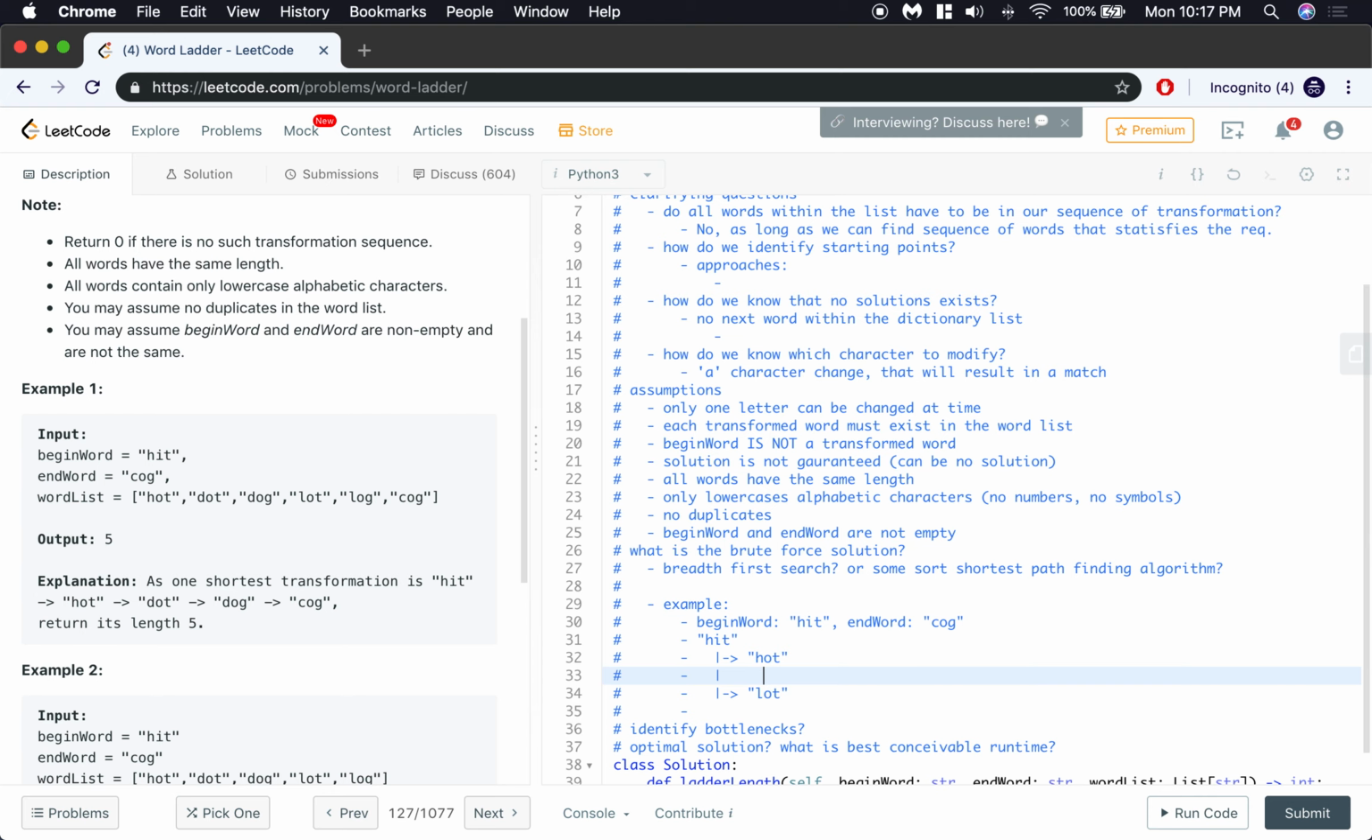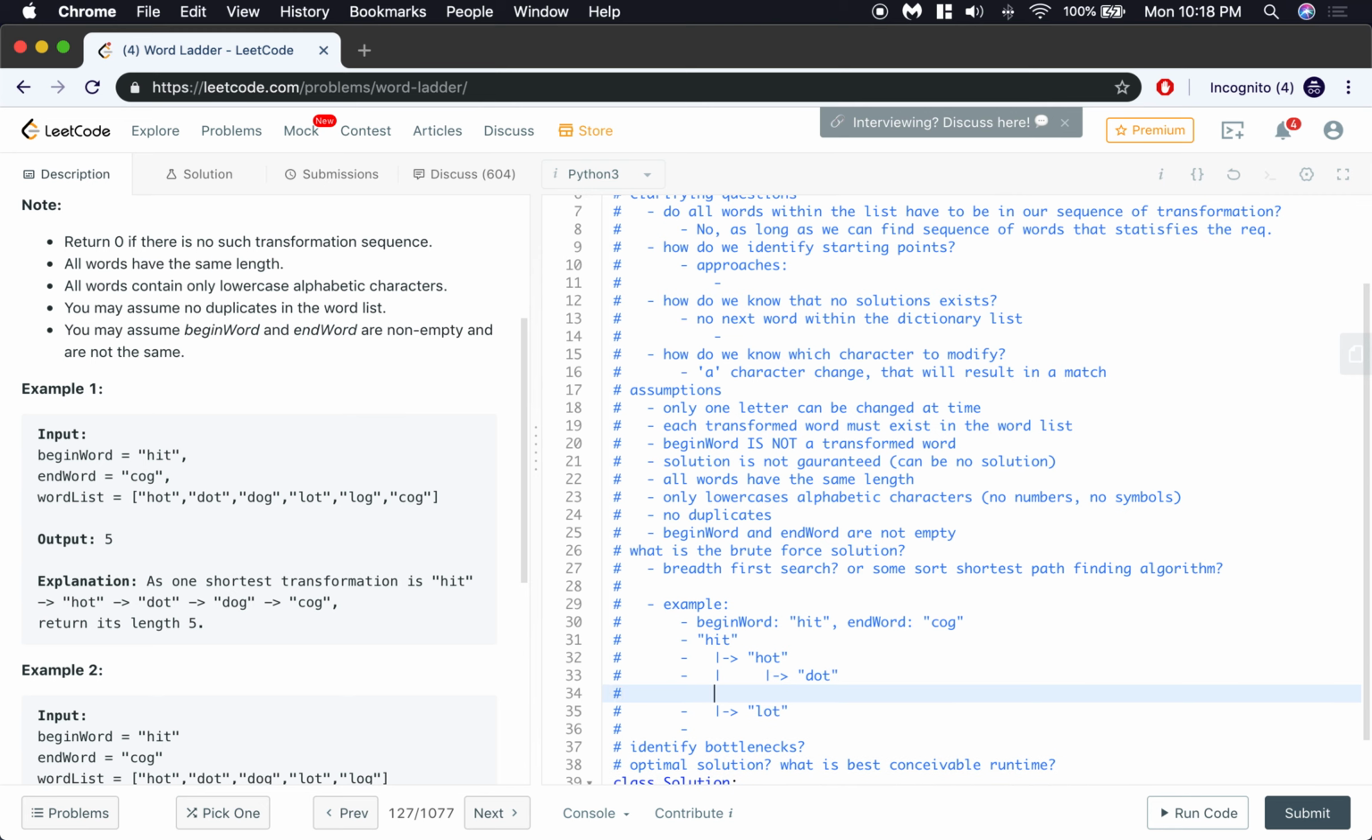And from hot, right, so now we are down a level. So let's imagine that this is a recursive function. So now from hot, what can we do here, right? We can either go to dot here, or we can go to, let's see here, from hot we can go to dot, or we can go to, let's see,